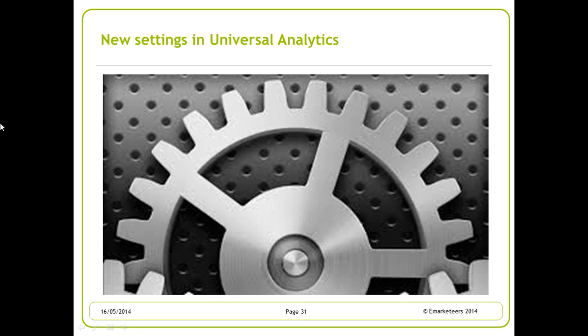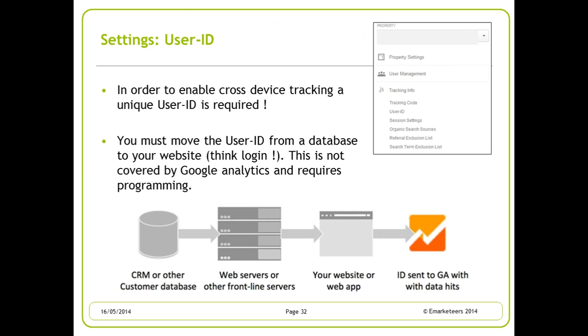What else is new in Universal Analytics? Well, in the user interface, you may have seen a bunch of new settings. This menu that I copied here is what you'll find under Properties in your Google Analytics account. Under Tracking Info, Tracking Code, that's where you generate the actual JavaScript, the new Universal Analytics JavaScript. You can also initiate what we call the user ID that I spoke about in the very beginning.